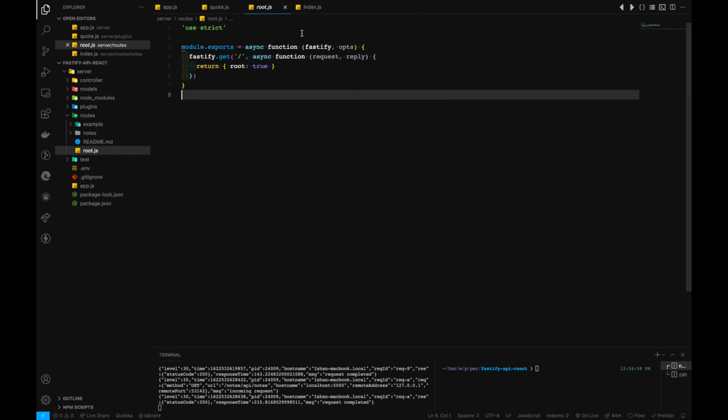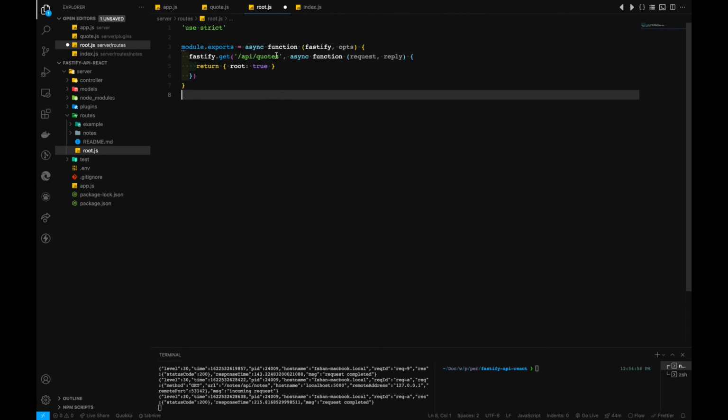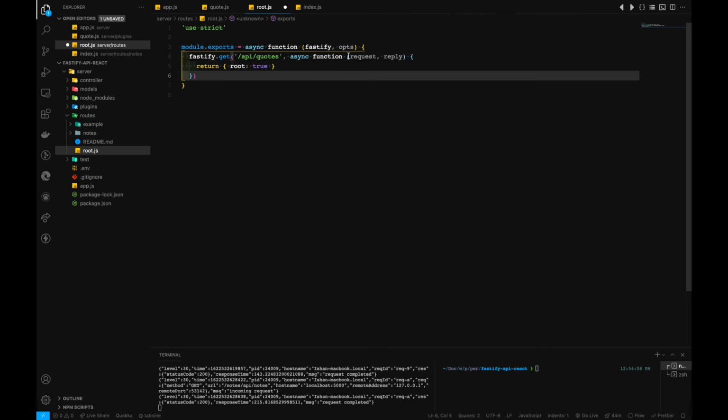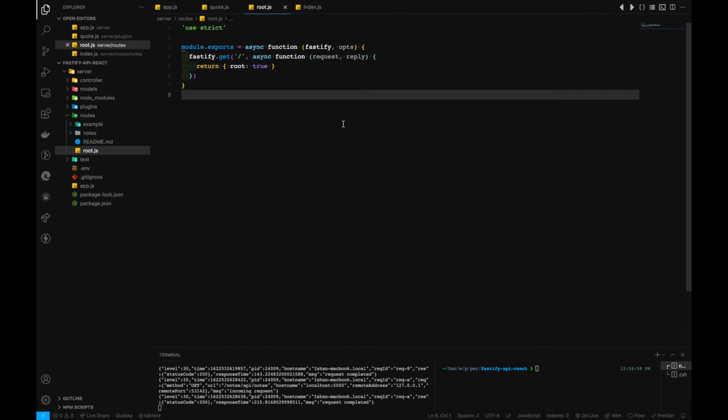Inside of our root file here, we want to make this endpoint, which is just slash, and I want to rename it to API slash codes. This may not be a great endpoint name, but anyway, let's add request and let's rename it to res, because inside here I want to make use of the plugins that we created, which can be accessed with